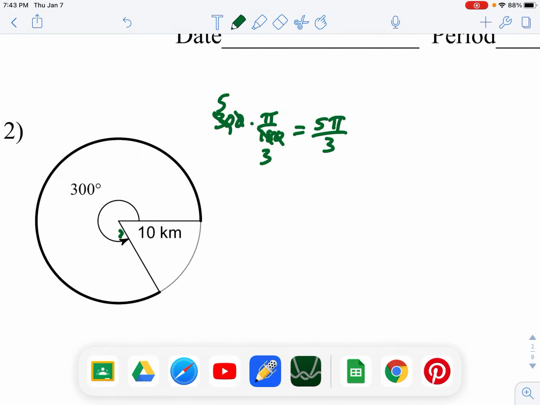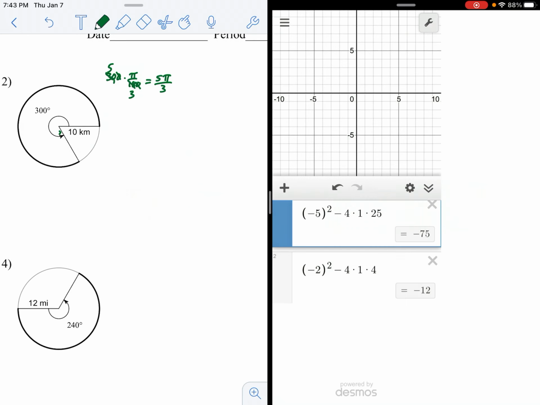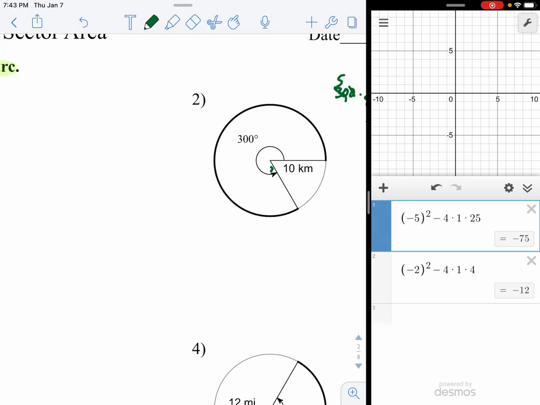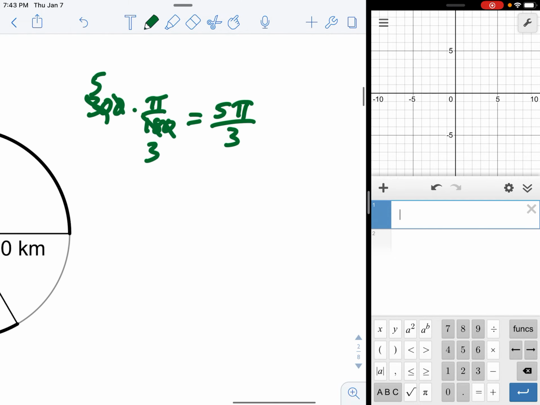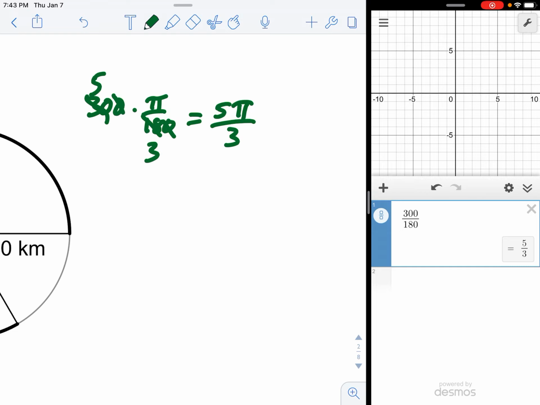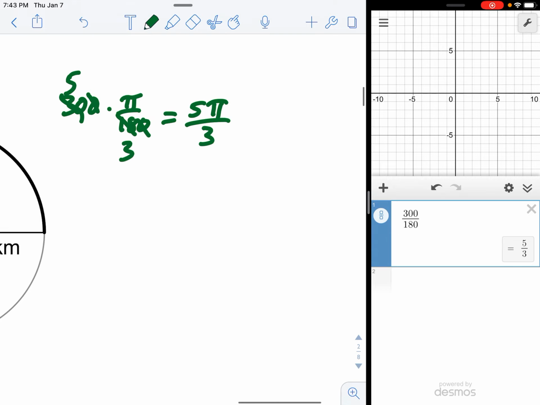I think possibly when we first did this before Christmas break, I just did this on the calculator. 300 times pi over 180, you do 300 over 180, then hit the fraction button, 5/3. There's your 5/3, and then just stick pi on the top. So if you're using a calculator, if you forgot how, that's how you can do it on the calculator. So anyway,